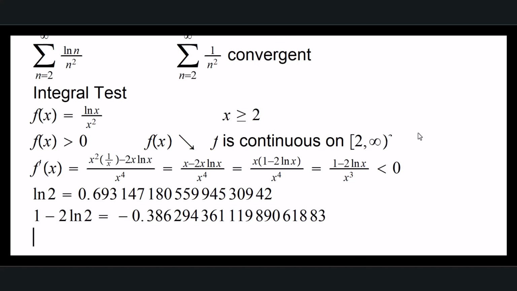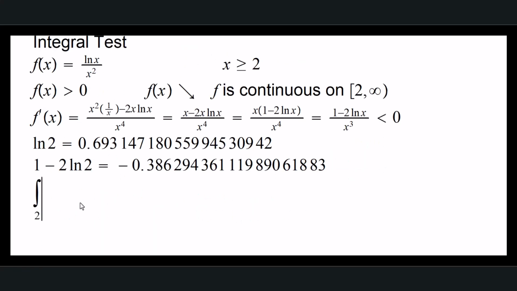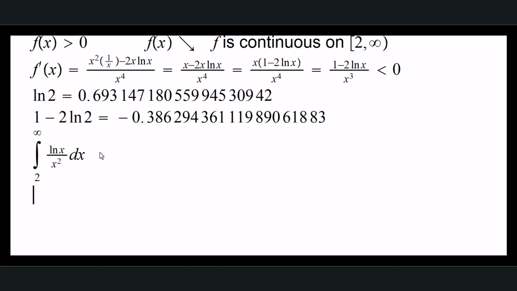So what happens now is this, that if the integral from 2 to infinity, if we can determine the nature of this integral, then the infinite series involved will have the same nature regarding the convergence or divergence. So let's just go ahead and try to determine, first let's just go for the indefinite integral version of this. So say we have to